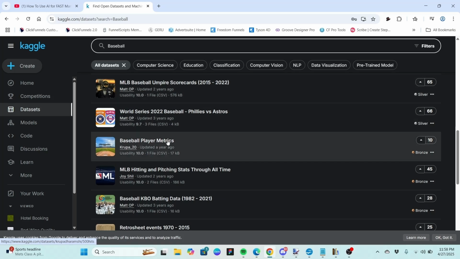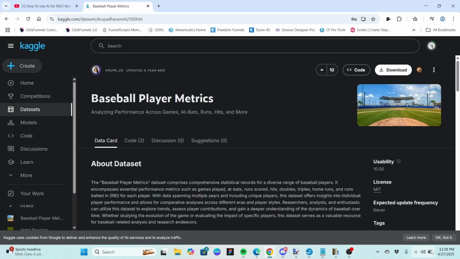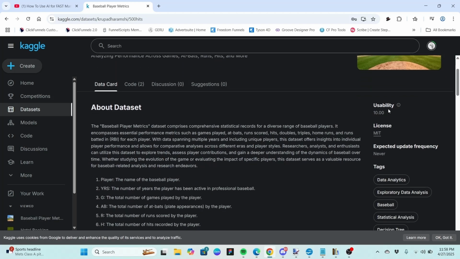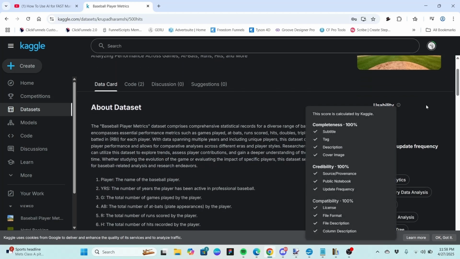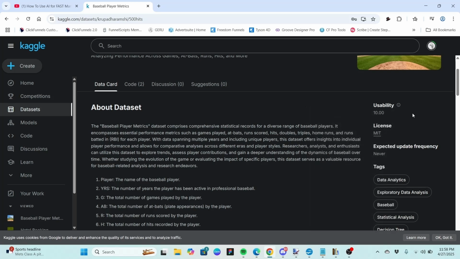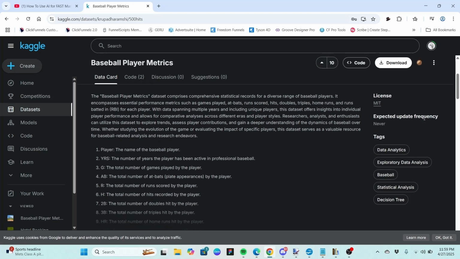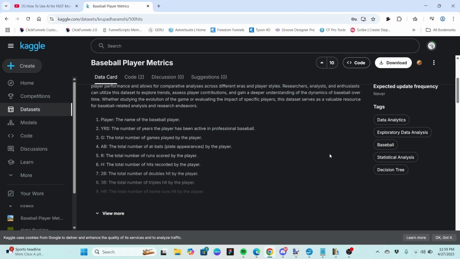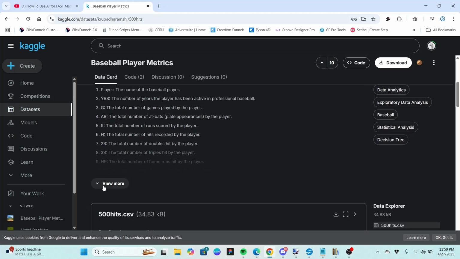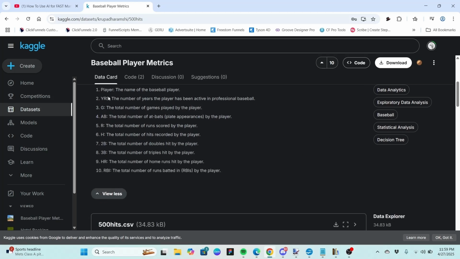Baseball player metrics. Let's choose this one here. Oh, we've got more information here about this. It says its usability is 10. It's got an MIT license. You might want to look at the license. I generally don't, but I only occasionally use the site, but it is useful when you need to find something like this. And then it gives us some information on what kind of data is going to be in here,